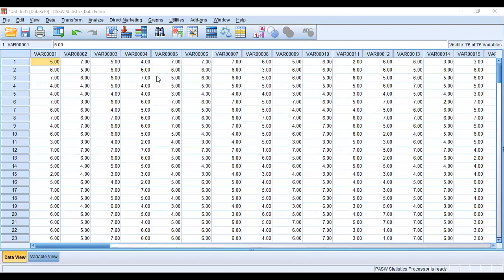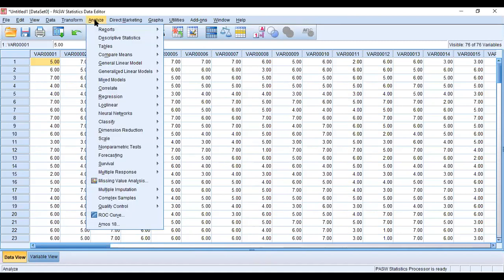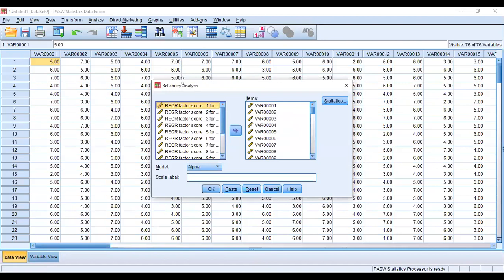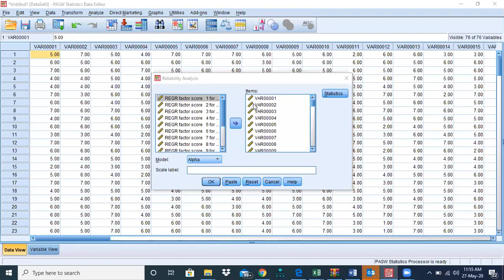So for understanding reliability and factor analysis, we see the sheet of ours, and this sheet has the responses copy pasted. For applying the reliability test, we'll go to Analyze and click on Scale and Reliability Statistics. Okay, so what we see here is a new window wherein we have all the variables, the names of the variables.